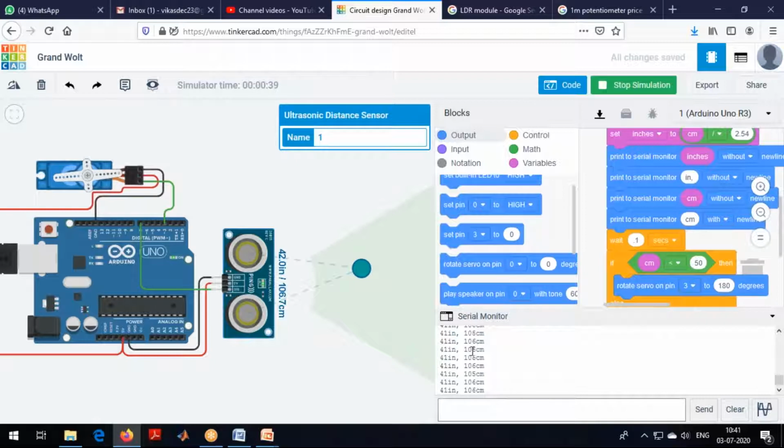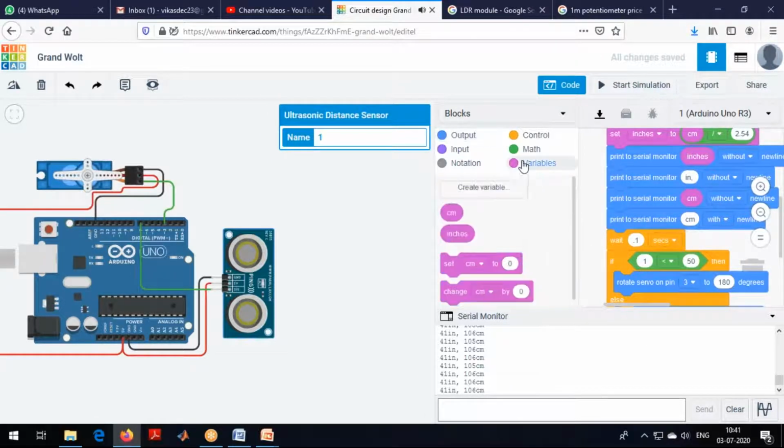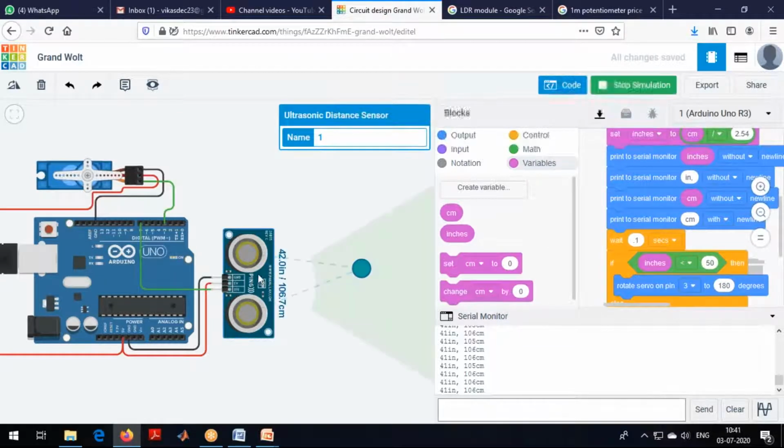We are getting 41 inches, but centimeters is 106. I'll just replace this one with inches. I'm checking if inches less than 50, it has to work. You see now it is 37.